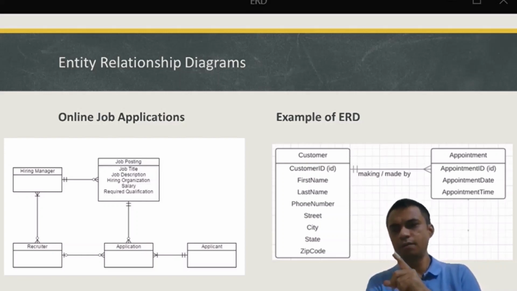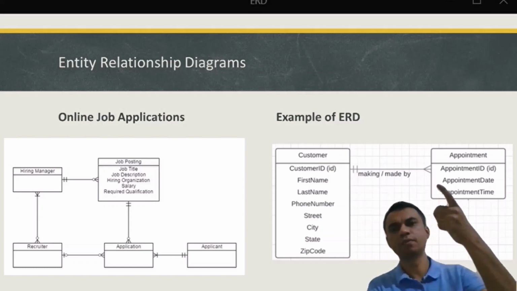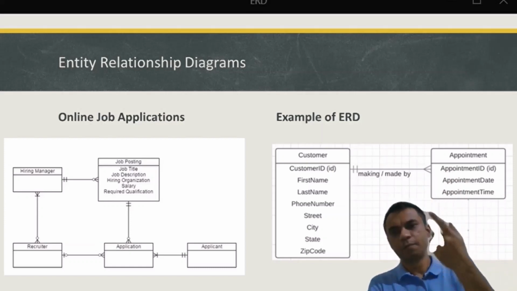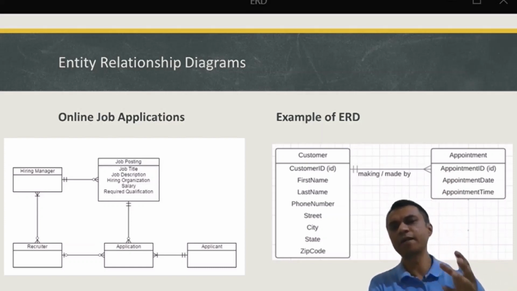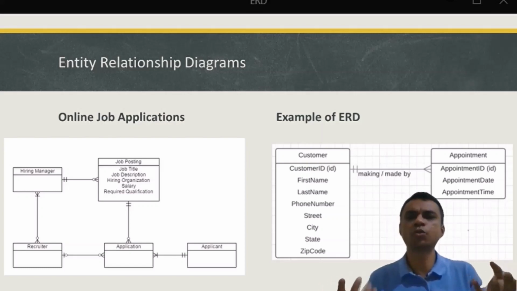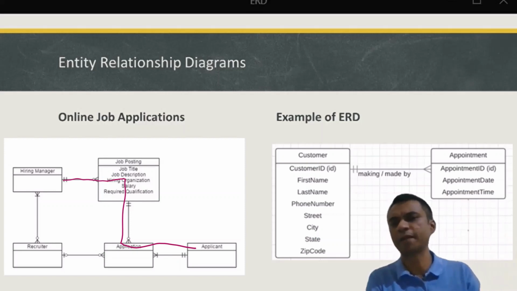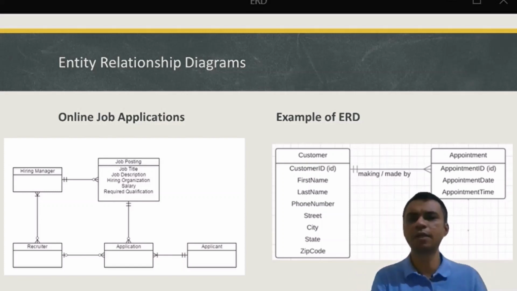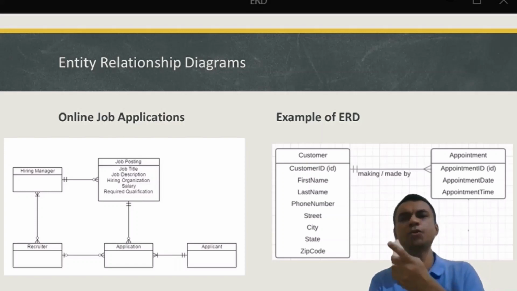The recruiter must have one or many hiring managers. So that side it is a compulsory thing. But on the other side, it is not compulsory. The hiring manager may choose not to have any recruiters. They may directly want to go through the applications themselves. If the hiring manager has the time or does not trust recruiters for whatever reason, they may do it themselves. So that side it is optional. But for the recruiter, it is compulsory to have a hiring manager. Otherwise, they are not in the business.